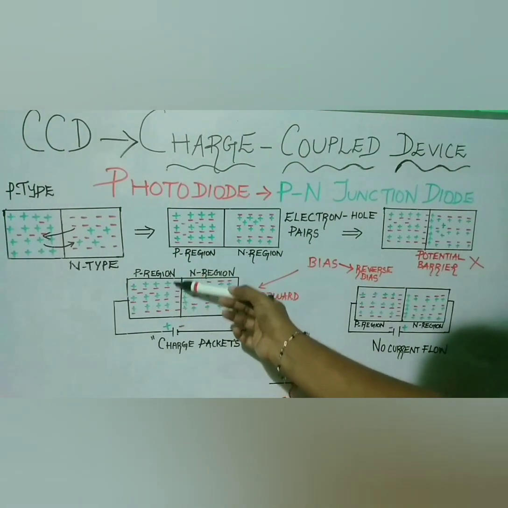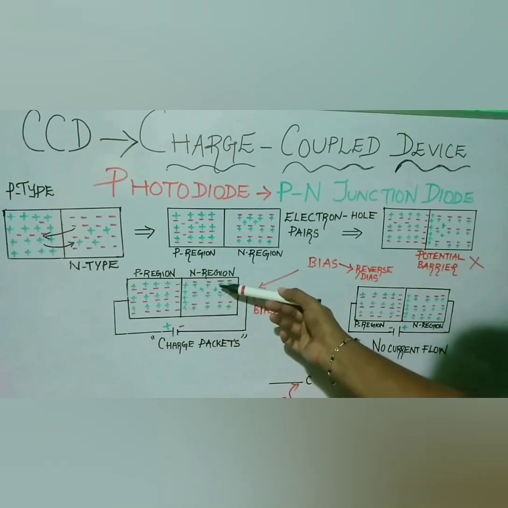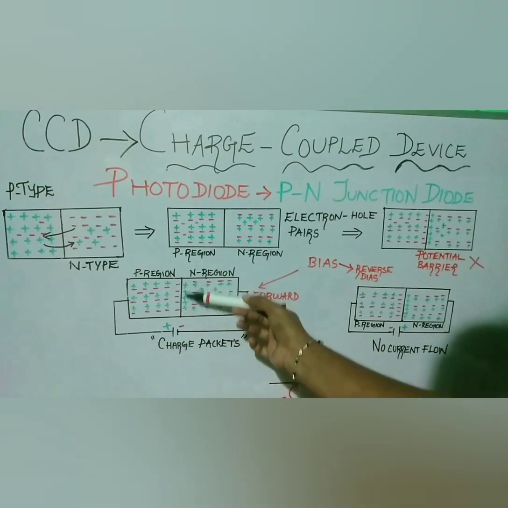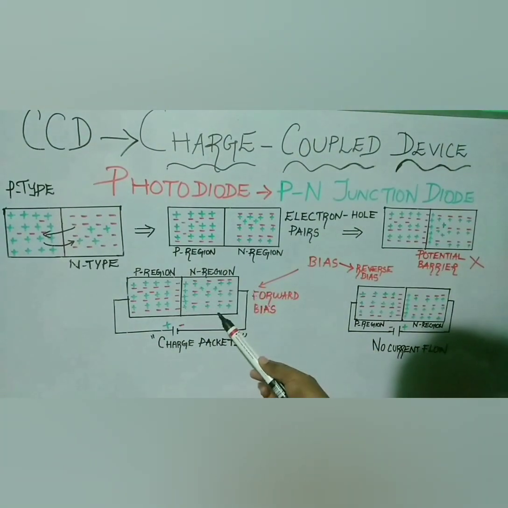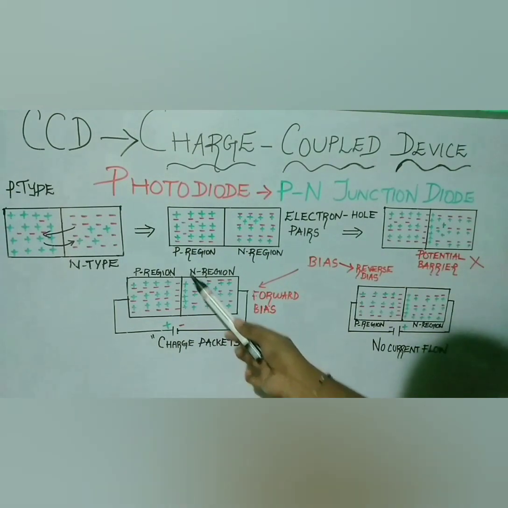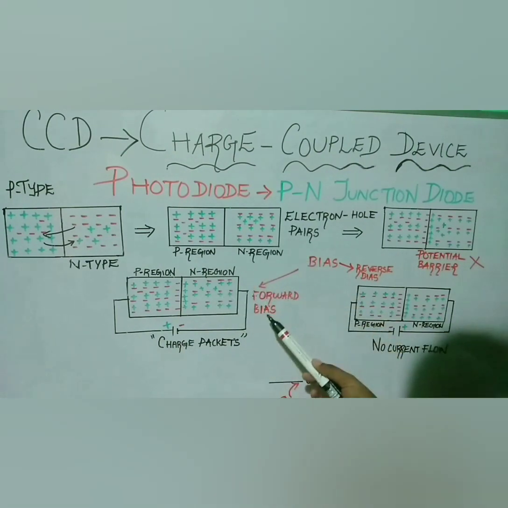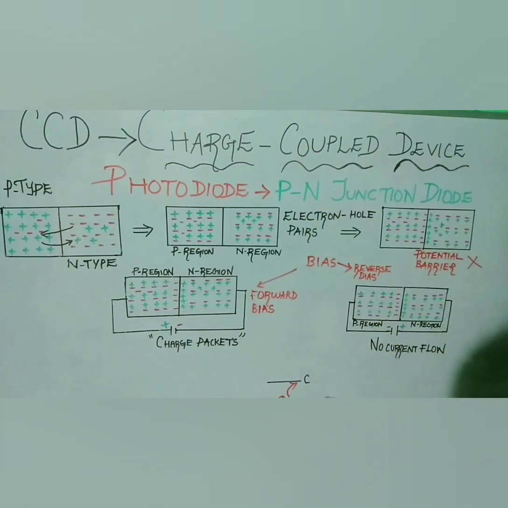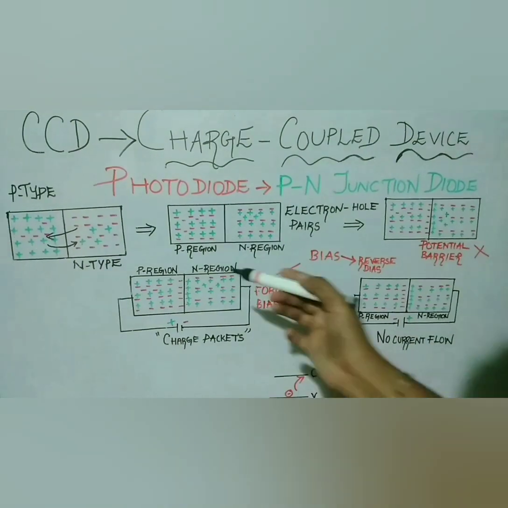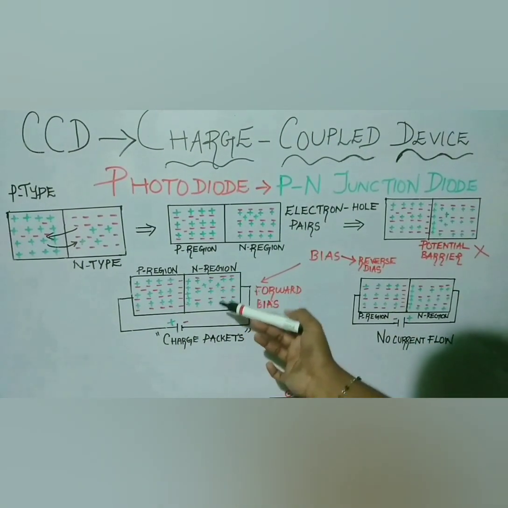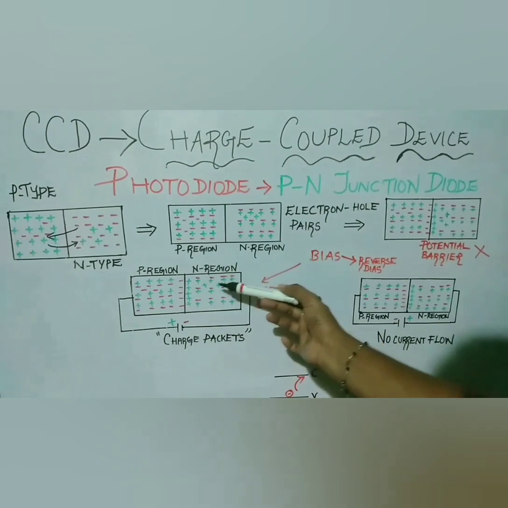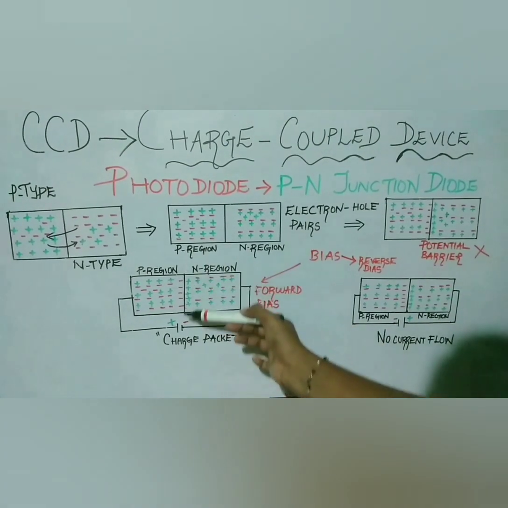Now holes in the P region are closer to the junction and electrons in the N region are closer to the junction. When we raise the voltage gradually, electrons in the N region and holes in the P region will diffuse across the junction. That leads to formation of electron hole pairs. The number of electron hole pairs that are formed is directly proportional to the amount of exposure that an area receives. Because of the continuous diffusion of charges across the junction, when we raise the voltage, this potential barrier